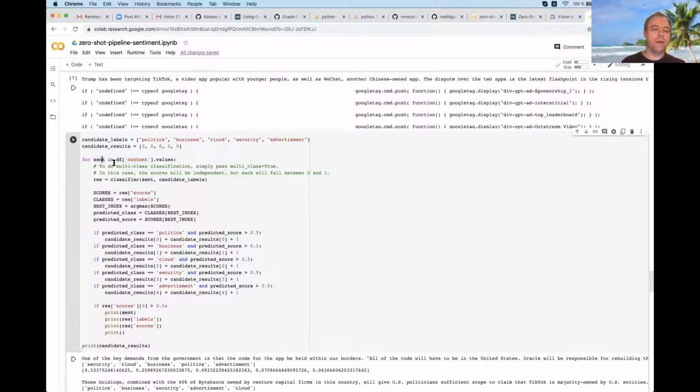And then as we iterate here, we get a sentence in each step. And then for that sentence, we are calling our pipeline classifier. This classifier pipeline, like in the beginning of the notebook, was initialized from the Hugging Face library with a model for zero-shot classification. So we're calling the pipeline, providing our sentence, and also providing an array of labels that we would